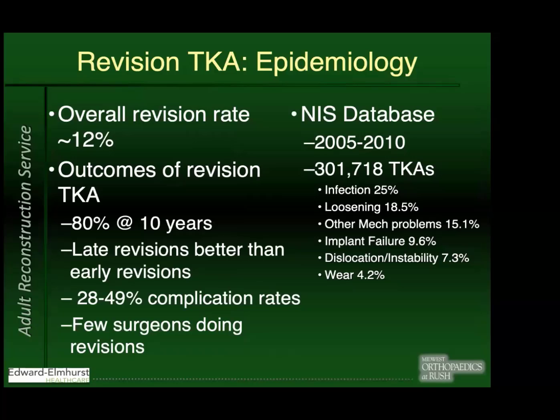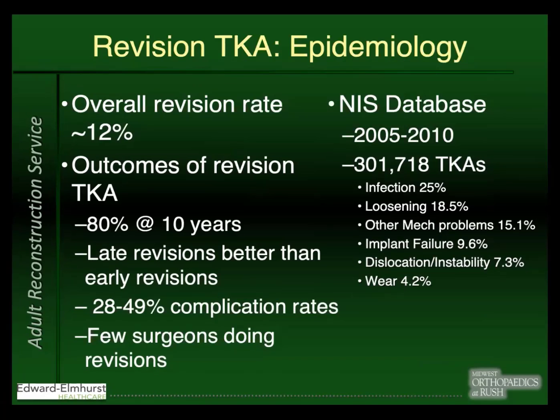concept of revision surgery, a little bit about the epidemiology overall. Revision rates are somewhere around 12%. There's not a ton of surgeons actually doing revisions. I think last AJR showed maybe 6 to 10 revisions per year for total knees for arthroplasty trained surgeons. The outcome for revisions are getting better, but they're still not as good as primaries with an 80% success in 10 years. And then there's around a 28 to 49% complication rate. So makes it definitely more risky to do these surgeries, which is why I think you find less and less